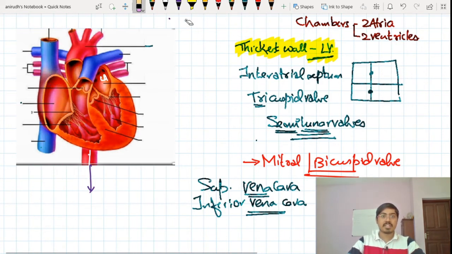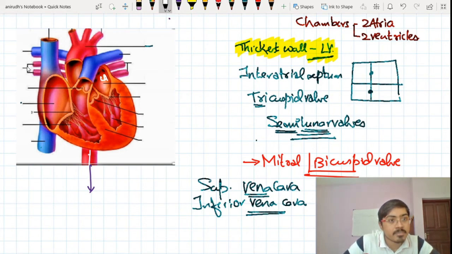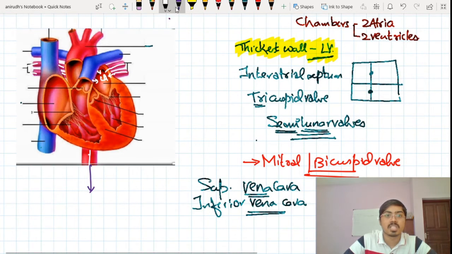So this is my left atrium. I can see there are 4 blood vessels here which are coming from behind. See these purple colored, dark pink colored structures. These are the 4 important veins that are coming into the heart. These are the pulmonary veins. 4 pulmonary veins are there. So there are 4 pulmonary